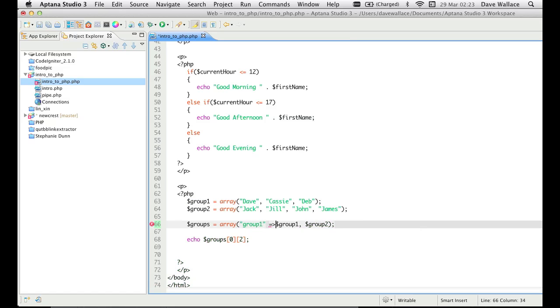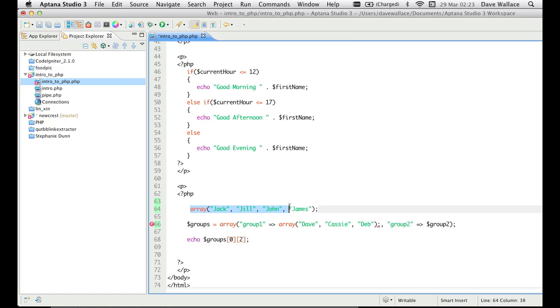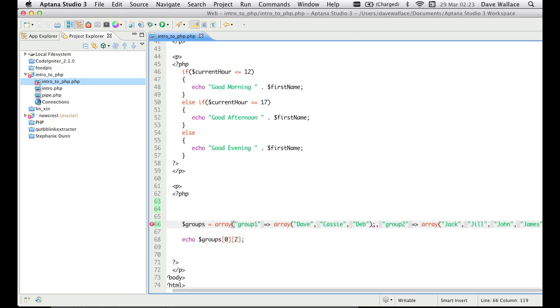and then I use an equal sign with a greater than sign, which in this case looks like an arrow and is actually meant to be an arrow. It's essentially assigning this to that. And this one I'll call group 2. Okay, and what I can actually do is get rid of these first two variables, and I can define this all as one big array like this,